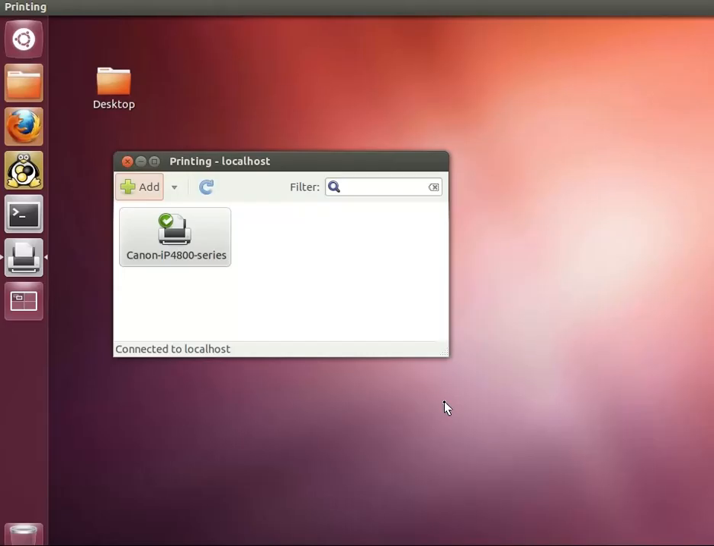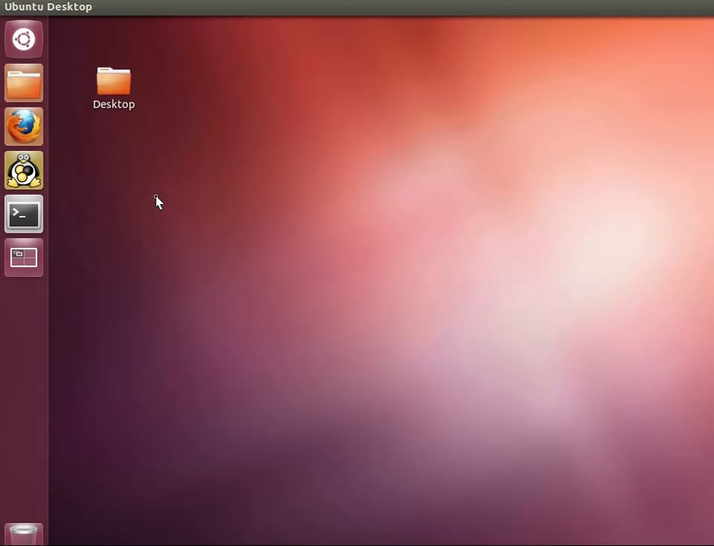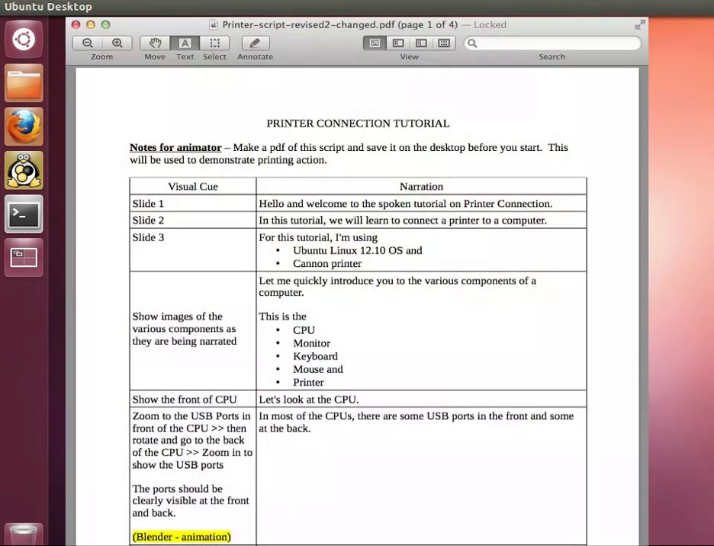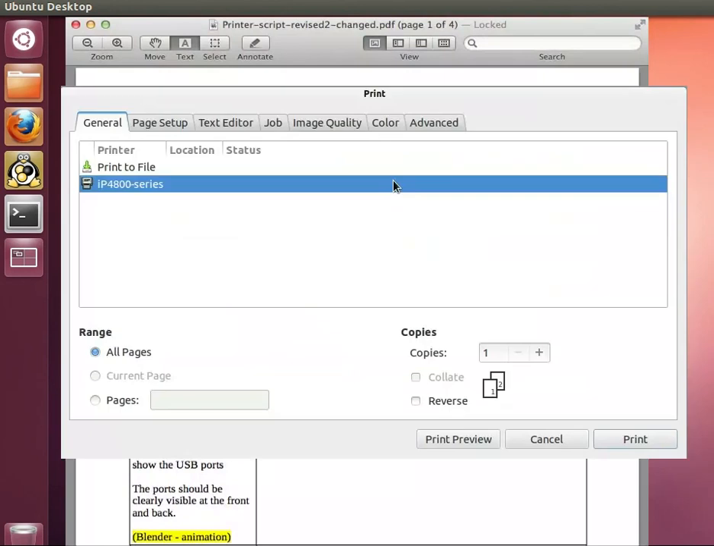Let's close the printer dialog box. Let me quickly demonstrate how to print a document. Let's open a document. Then press the keys Ctrl and P together. The print dialog box appears. Notice that the connected printer is selected by default. In this dialog box,